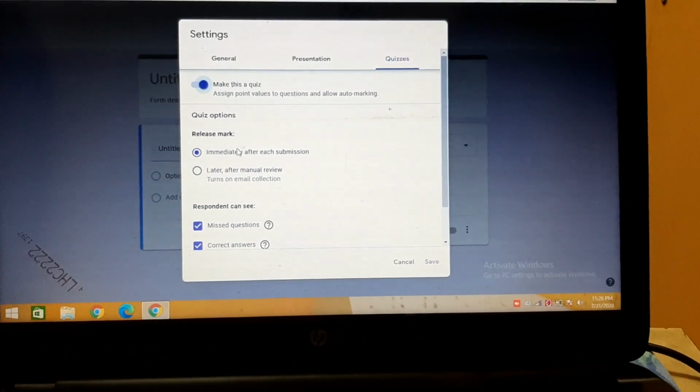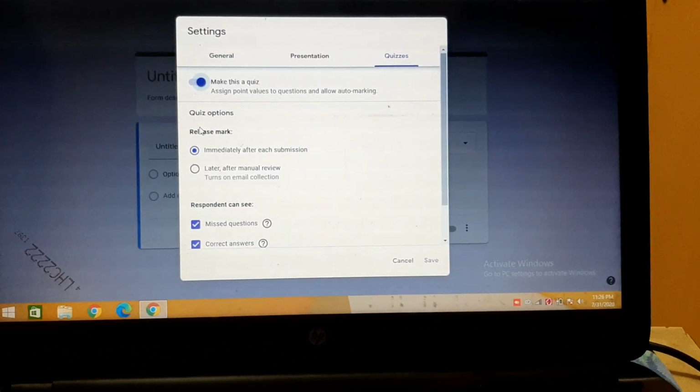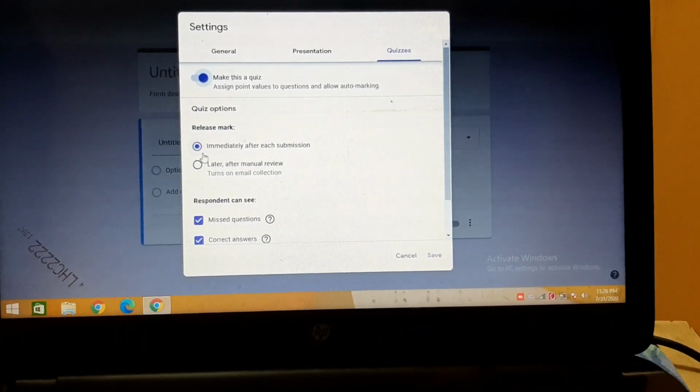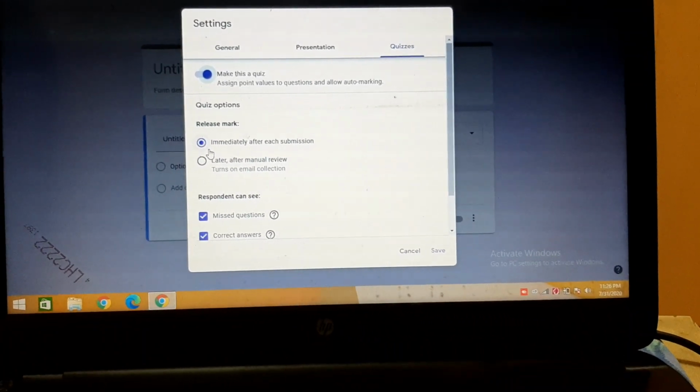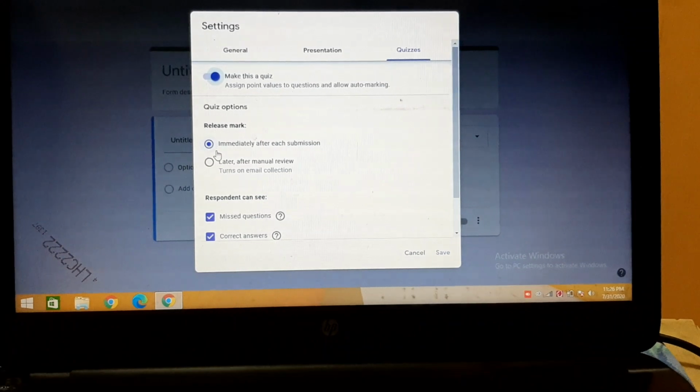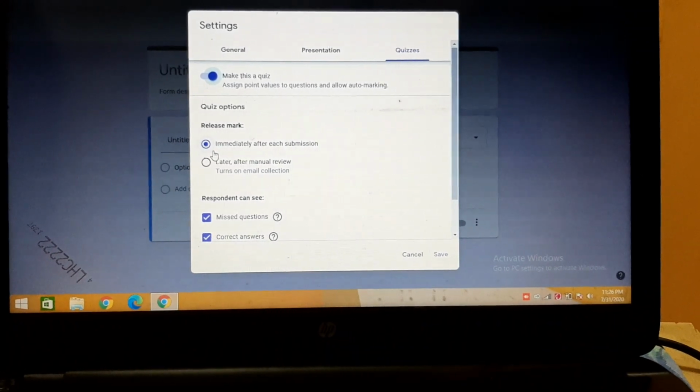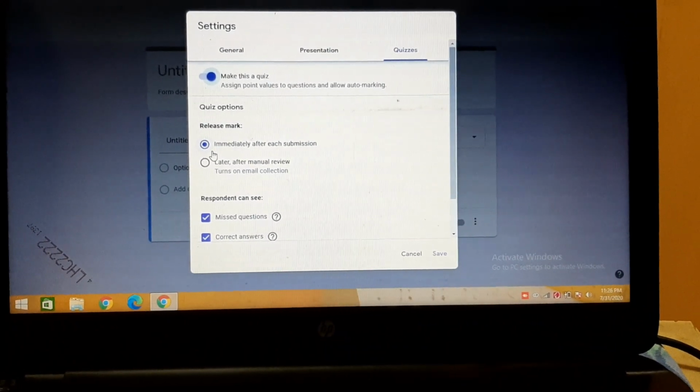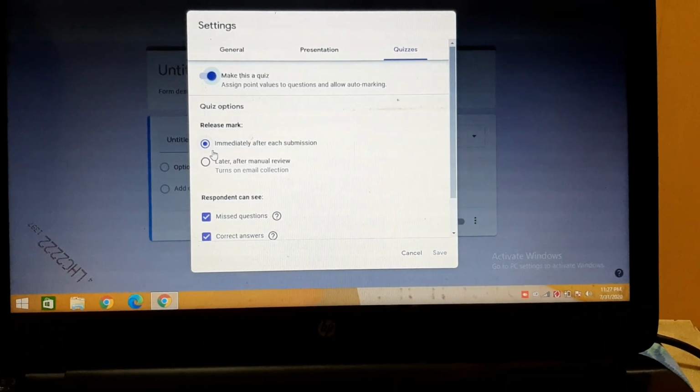Now with the quiz, there are again some options. Immediately after submission, if we want to calculate the marks, we can click on this. The Google Form will automatically evaluate and give the marks for the paper.